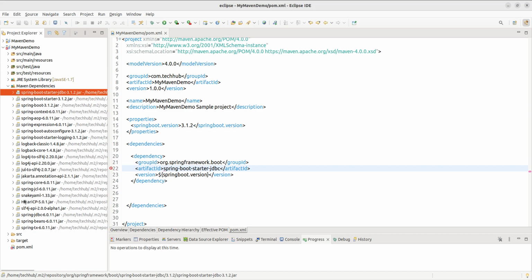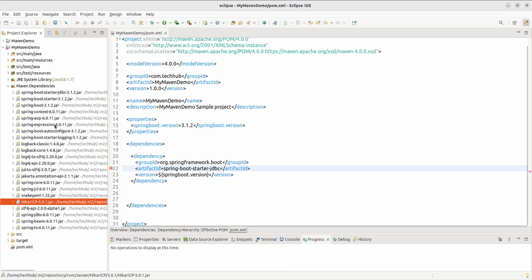Along with that, it is also adding the Hikari data source. You can see here the version of the Hikari data source it is taking, 5.0.1, because if you use Spring Boot